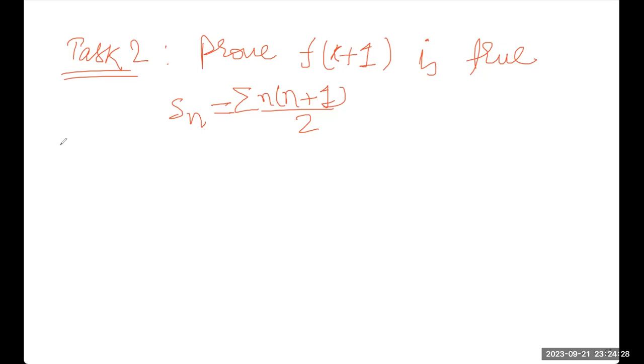So let's take task 1. Let's assume this is my function f and this is my function fn. What is my first case? F of 1 or f of 0 is true.